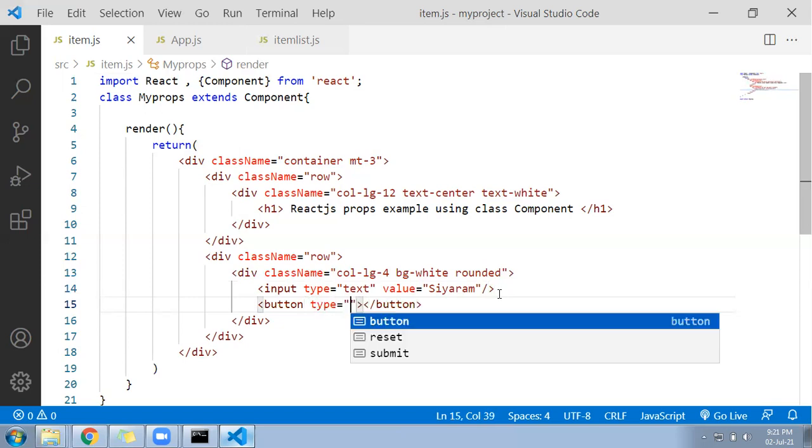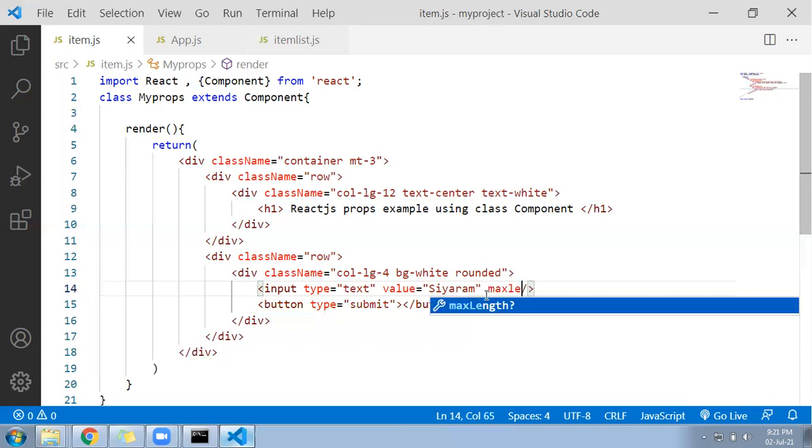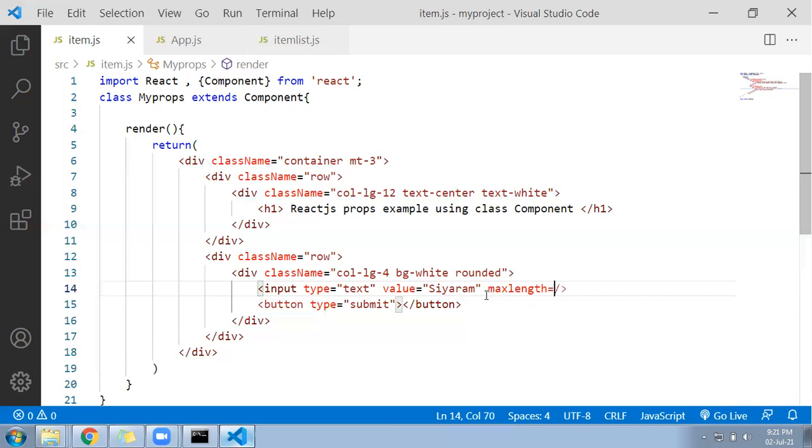Type becomes a property, whereas submit becomes a predefined value. Similarly, when I go here and write maxLength, maxLength becomes a property and 100 becomes a value. So this text box will not allow me to enter more than 100 characters. Why? Because I limited it. And by default, what will be present there? By default, it will display my name, CRM.